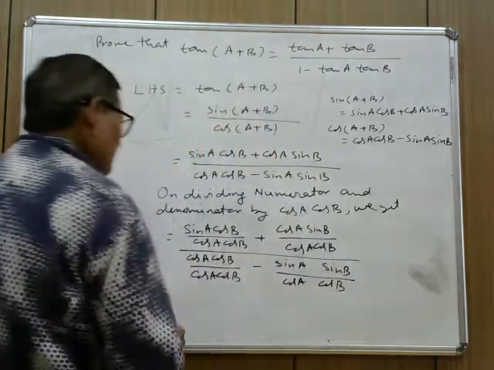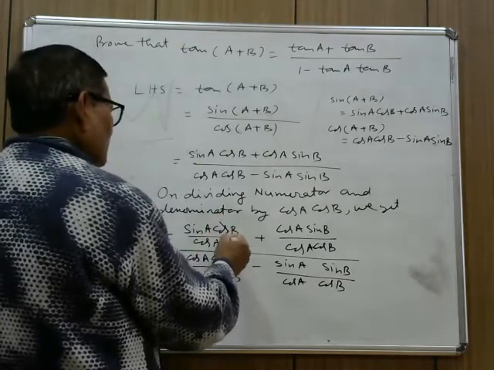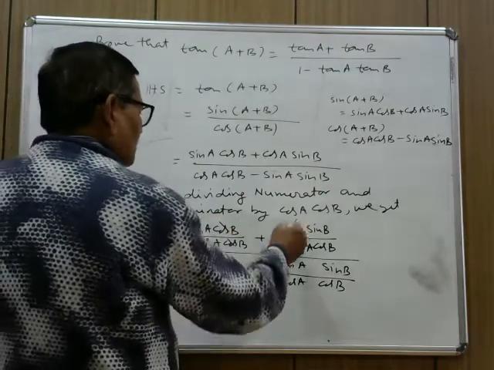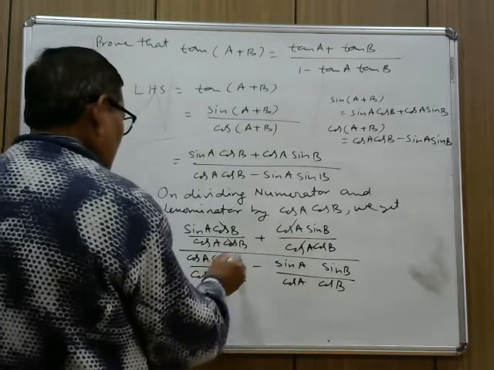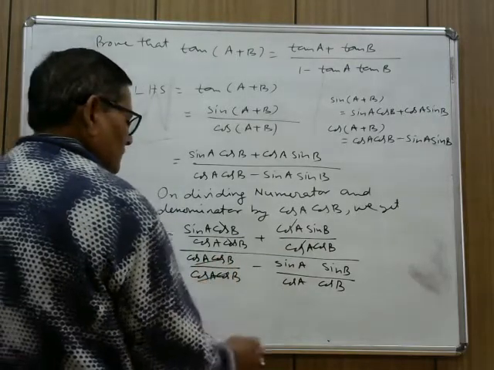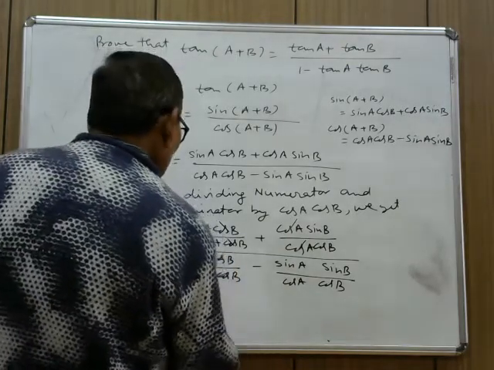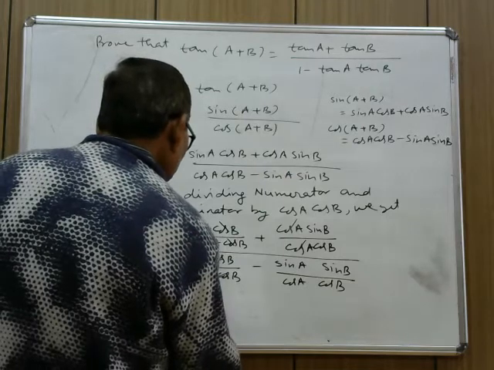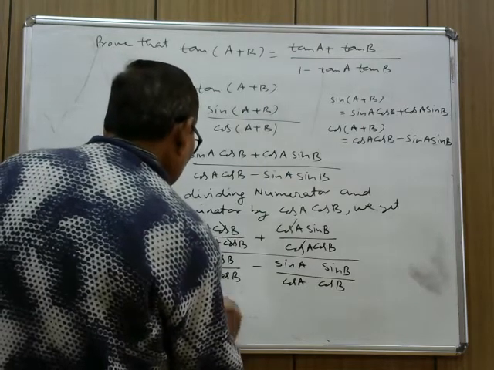Now you see, cos B and cos B will be cancelled, cos A and cos A will be cancelled, total cancel, and you can write this as sin A by cos A